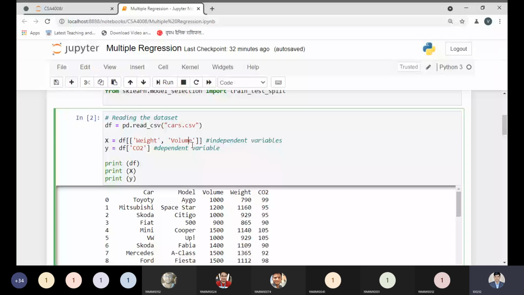So I'm using the XYZ model. It doesn't mean anything. But how much carbon the XYZ model generates depends on the volume of the engine, and we can say the weight of the car. Suppose we have a heavy weight car, so definitely it will generate more and more carbon to move from one location to another location. So the engine will pump its fuel many times, very frequently, to generate the carbon. So this is the reason. That's why we can say carbon is a dependent variable, and the independent variables would be weight and volume. Now this point is clear.